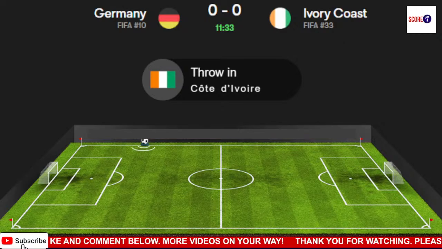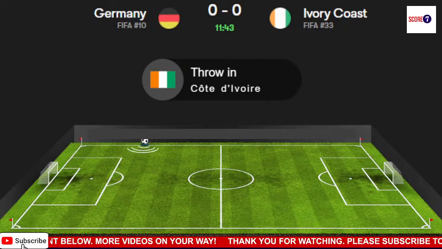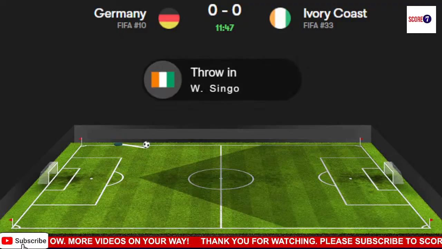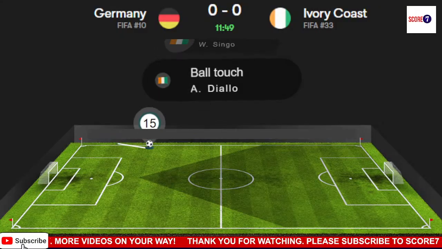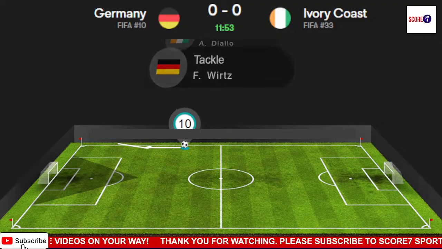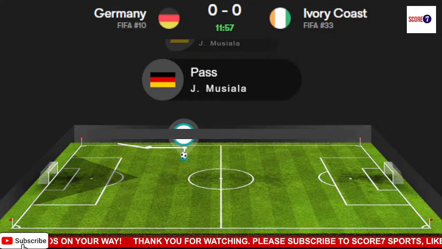Throw-in which Amad Diallo will run over to take. Germany 0, the Ivory Coast 0. But they're causing havoc inside the German 6-yard box there. The cross came in. Was it Sane who got the touch on it, which sent it away? And it does go out for a throw-in over on the far side, the right. And the ball is back with the African nation, who've thrown it straight back to Germany, who will look to